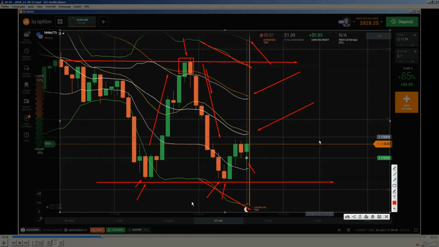We have a ranging market, and so I'm expecting the ranging to continue. That is what you should expect after you see this kind of reversal, this engulfing candle rejection, like I have explained in the ebook. Here we have nothing else than a morning star. This is a morning star, because you see here